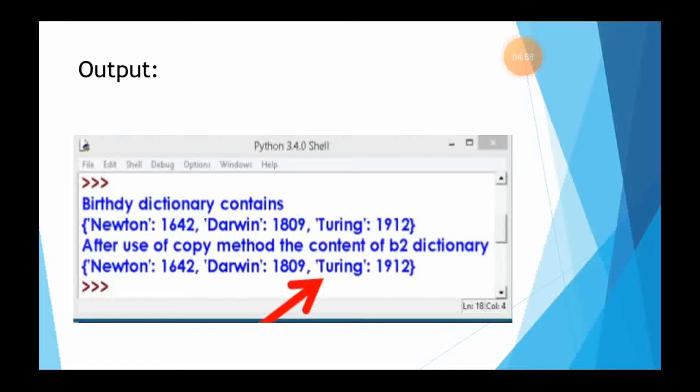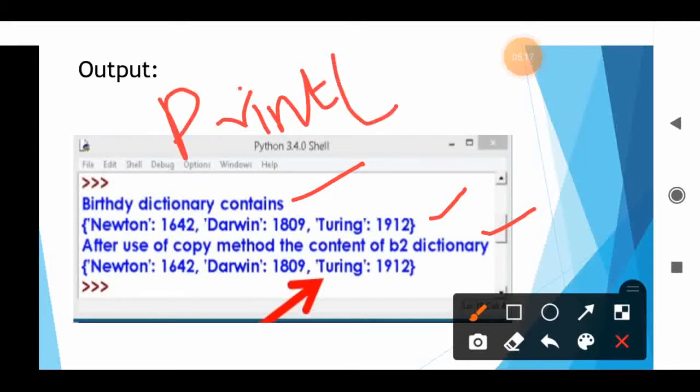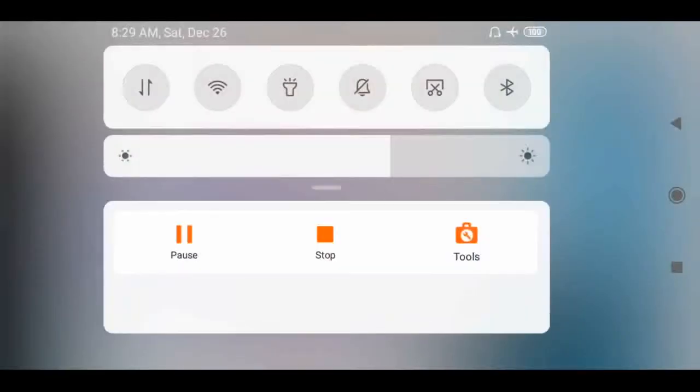What is the first statement? Birthday dictionary contains. The next statement shows the birthday dictionary values. Next, after use of copy method, the content. The next one we have displayed is print b2.